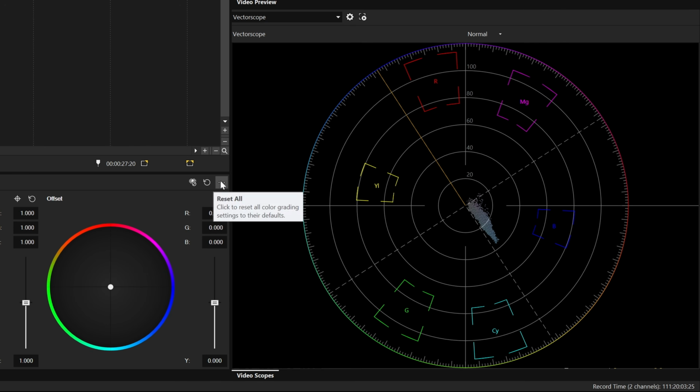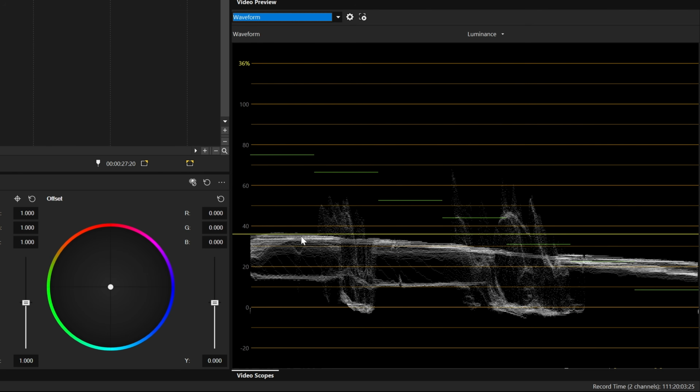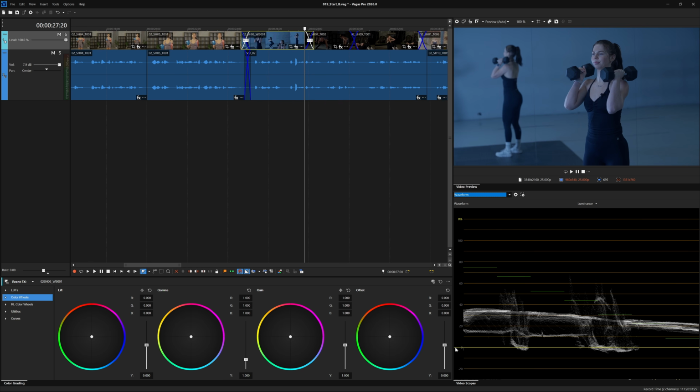For example, we're going to work on exposure, so let's switch to the waveform monitor. This gives us a visual representation of the dark and bright parts of your image in order to understand the exposure values. We read the scope from left to right, like the left to right on the screen. And the vertical height shows how many of those values sit in the shadows, midtones, and highlights. You'll start to get it as we adjust the image. Normally, we try to keep these values between 0 and 100, 0 being our darkest black and 100 being our brightest white.